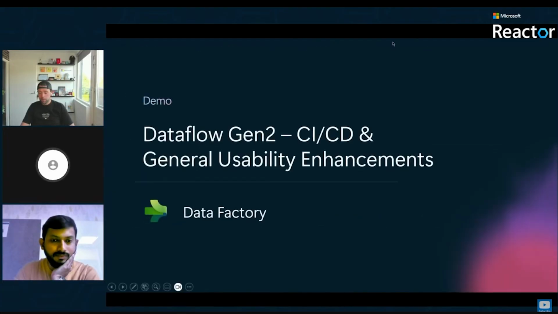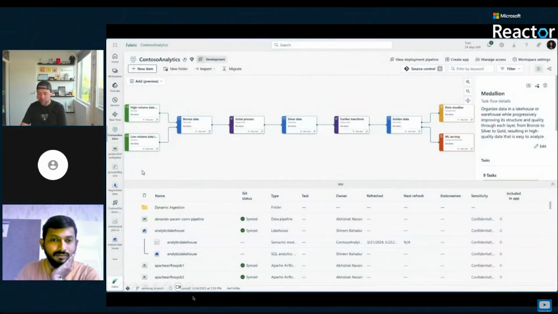Then next up, general usability enhancements. And I'll be going quickly through this because we are running out of time. We have been taking our time quite a lot, but I'll skip as much as I can. So Krishna can take. Here we are in our Contoso Outdoors workspace, where we have a task list set up